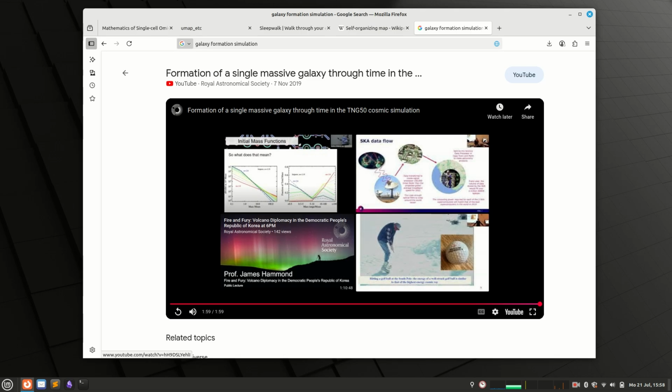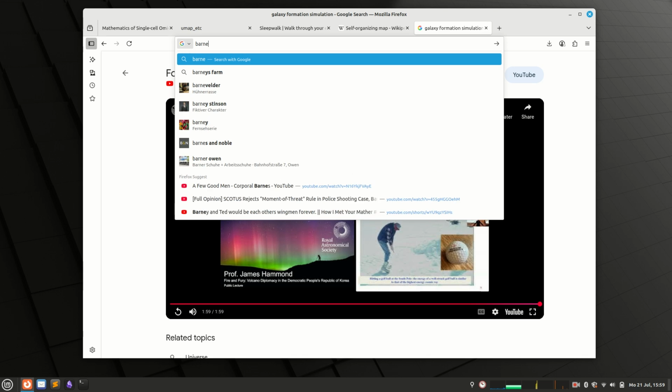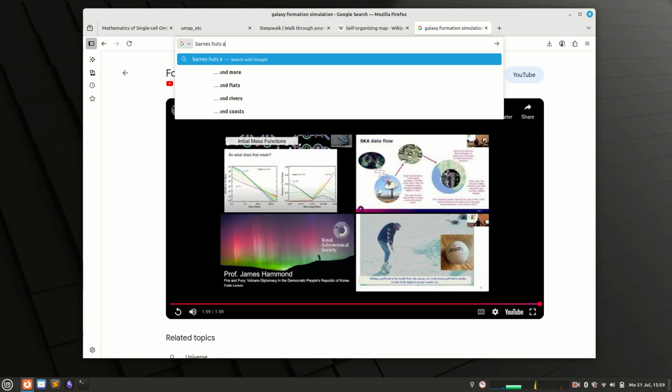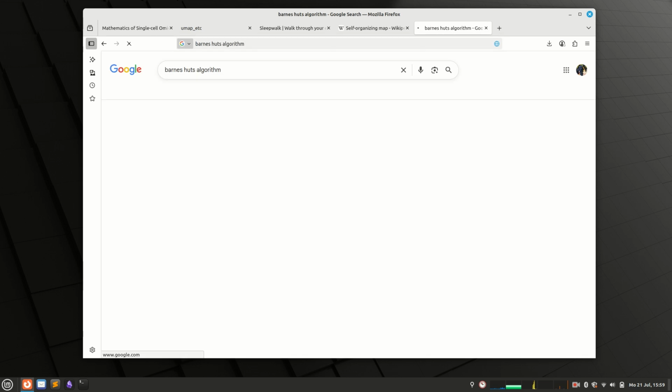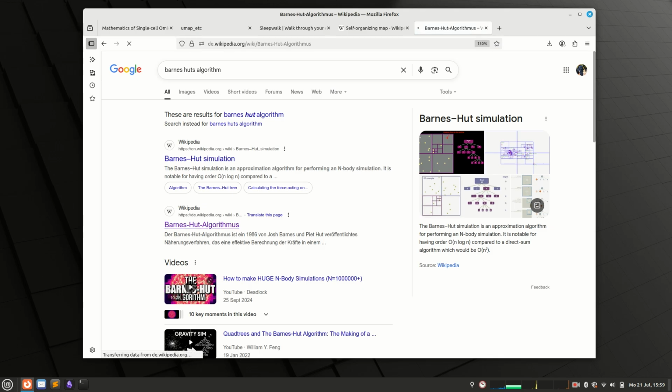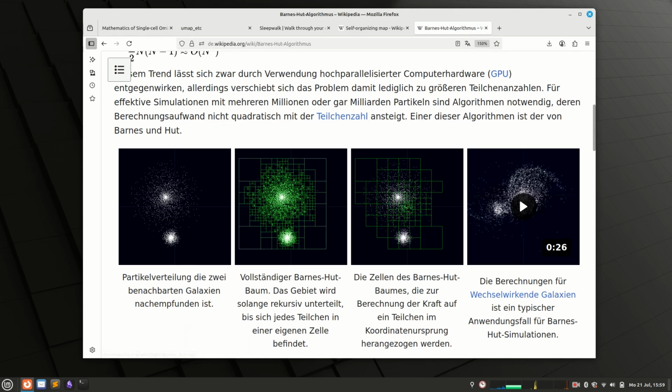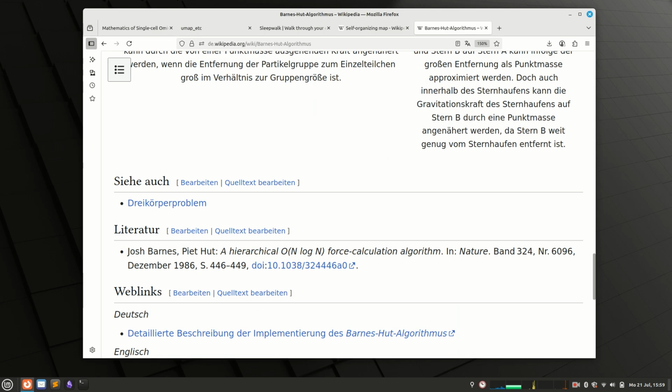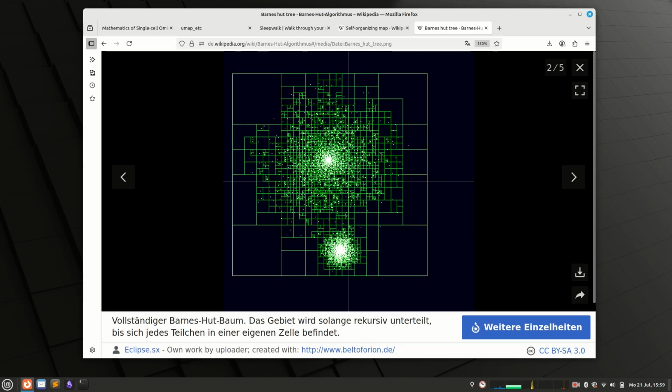Planetary systems, accretion disks, galaxies, and so on. And Barnes and Hut had a clever idea. They essentially said, well, we can split our